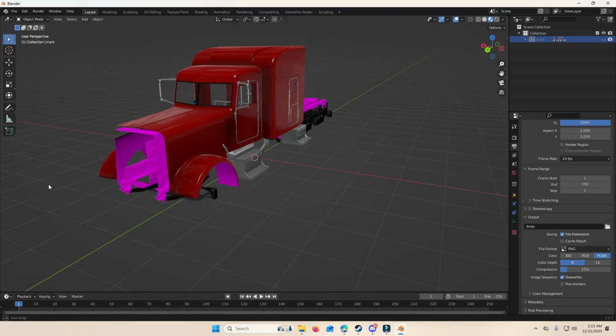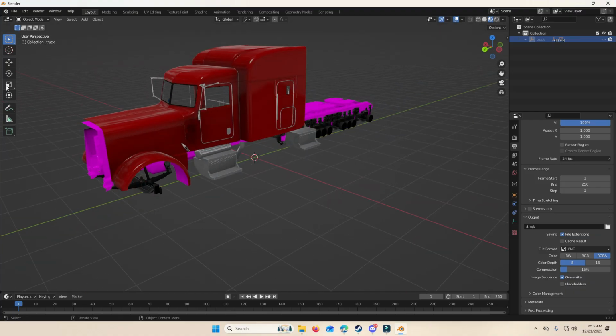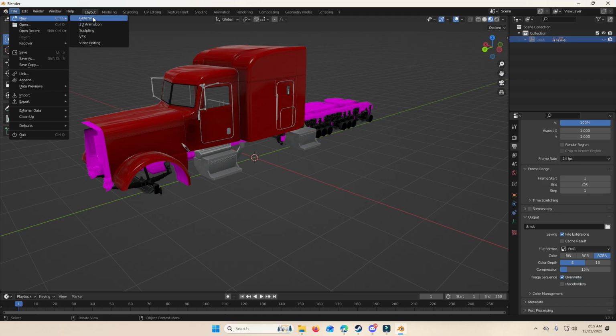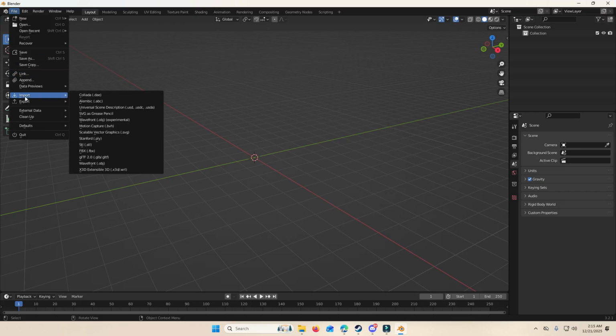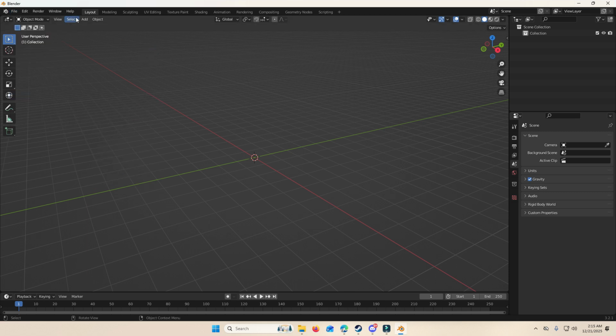But notice we got some errors. So it doesn't always work, but if you've done a lot of work and Blender crashes, it's worth a shot. So what we'll do now, we'll just import that truck again. Oh, I see what happened. Because Blender basically crashed on me, it didn't save my startup file, so I have to, you can see